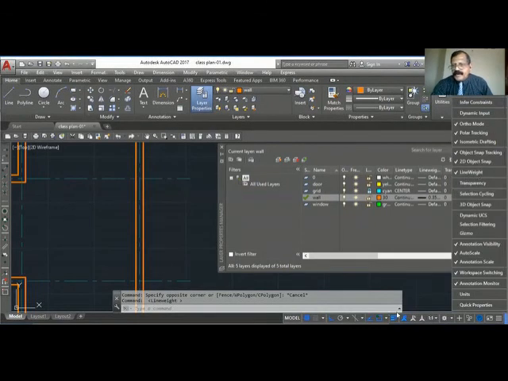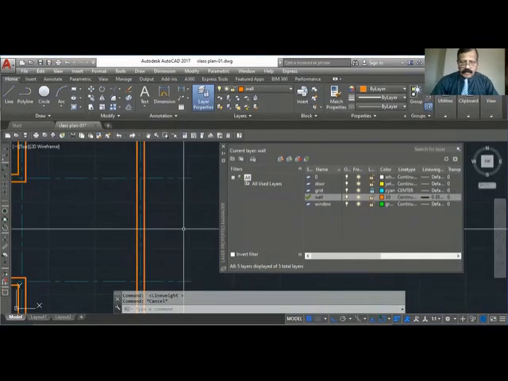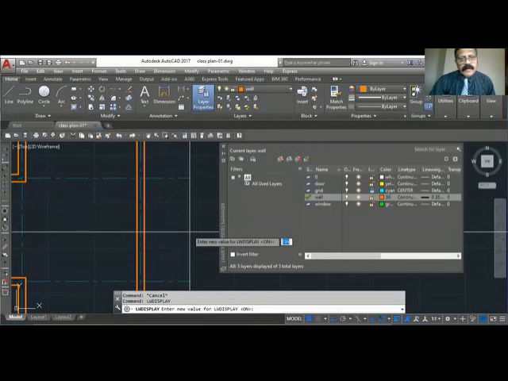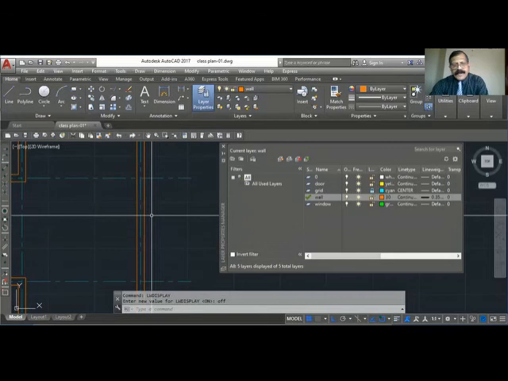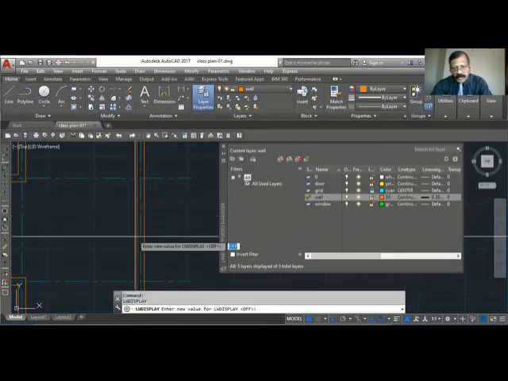You will get the line weight toolbar, or LW. You see here, LW display. When you say LW display off, it has gone. For LW display, you can type on and off also.